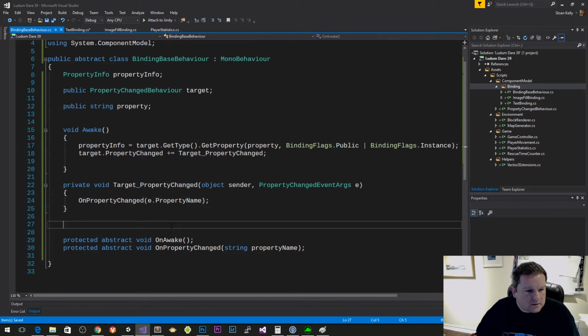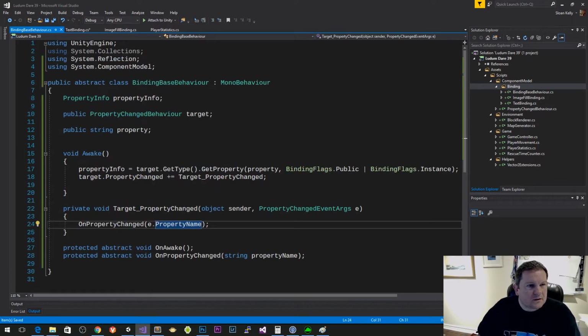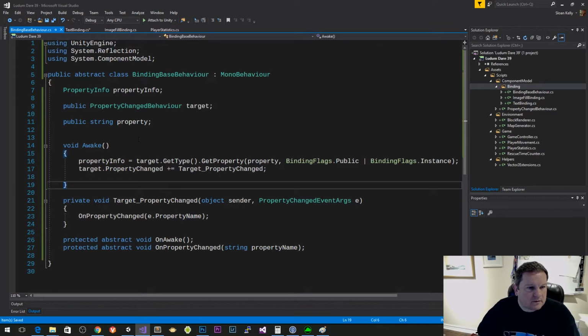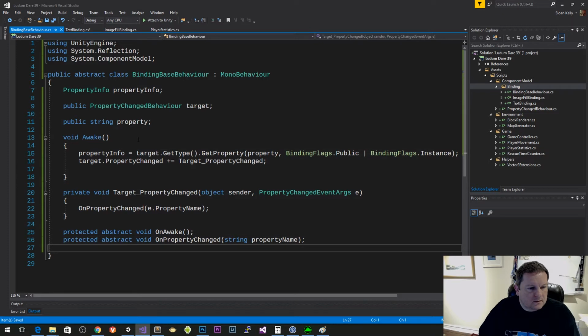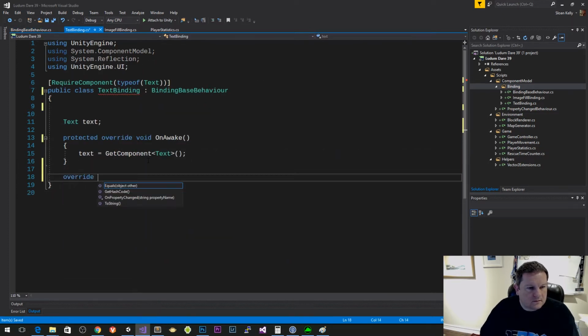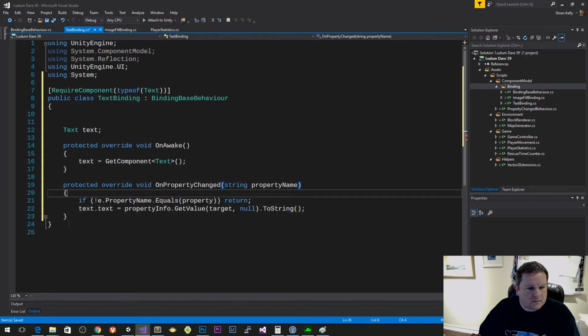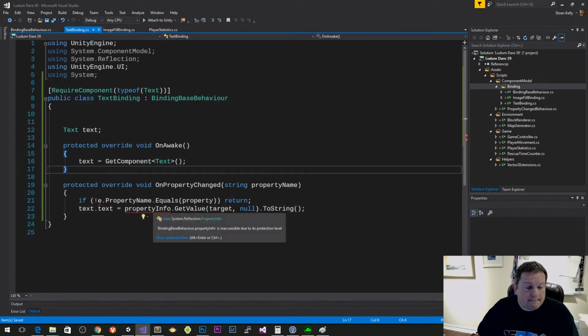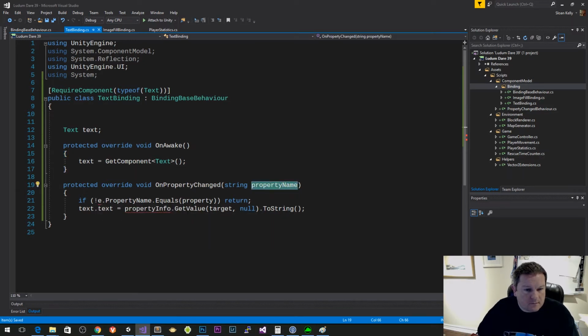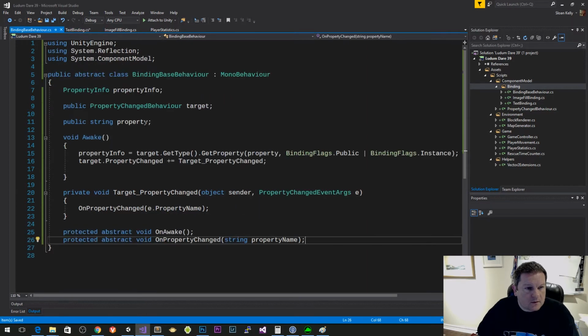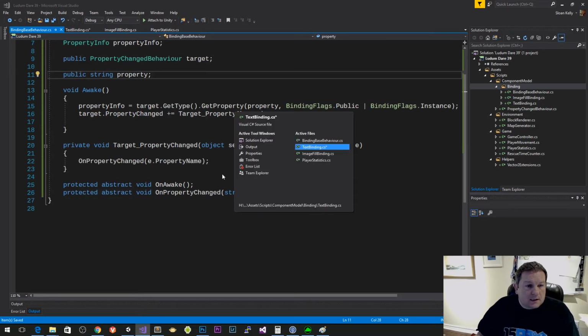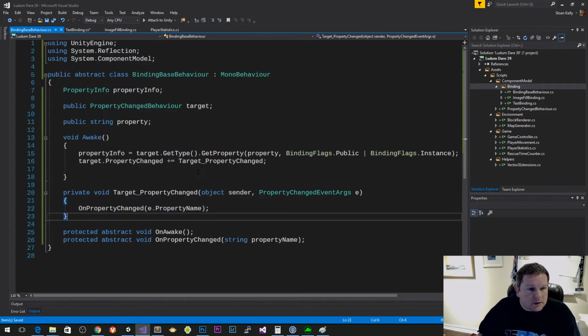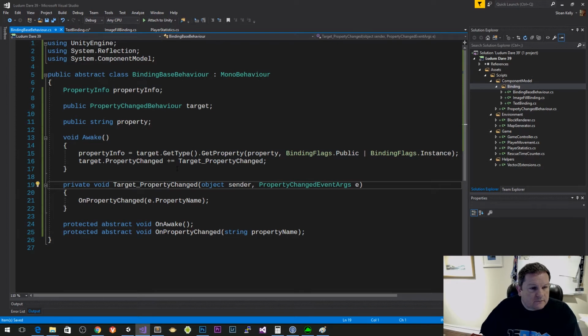so you don't need to worry about these kind of things. You don't need to worry about the sender, all that kind of stuff. Although we'd probably end up having to pass that in, but whatever. PropertyChanged. Okay, and then that is going to be property, and then PropertyInfo SetValue. So that is going to be, I'm going to create a function here,